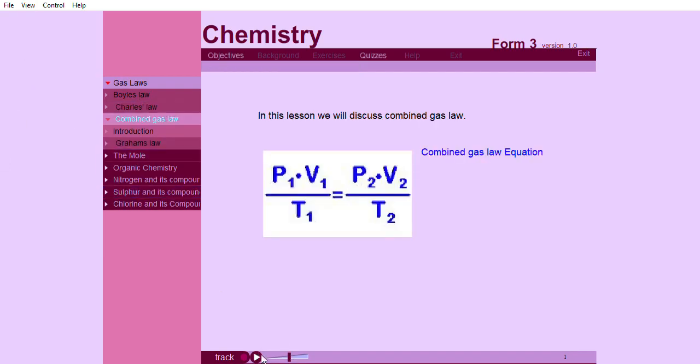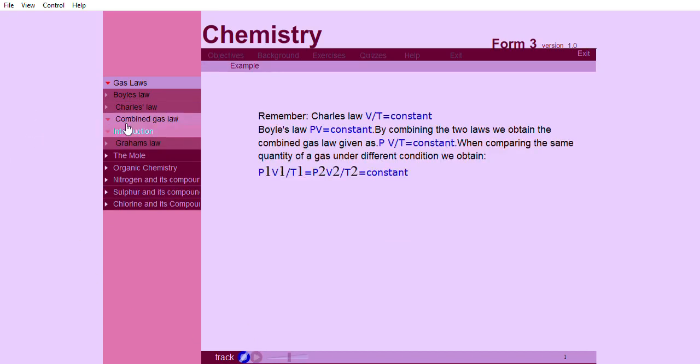In this lesson, we will discuss combined gas law. Remember, Charles' law states that volume divided by temperature is equal to a constant. Boyle's law states that pressure multiplied by volume is equal to a constant. By combining the two laws, we obtain the combined gas law, given as pressure multiplied by volume divided by temperature